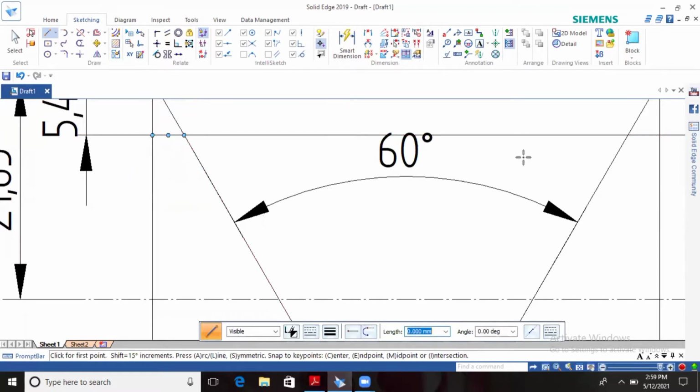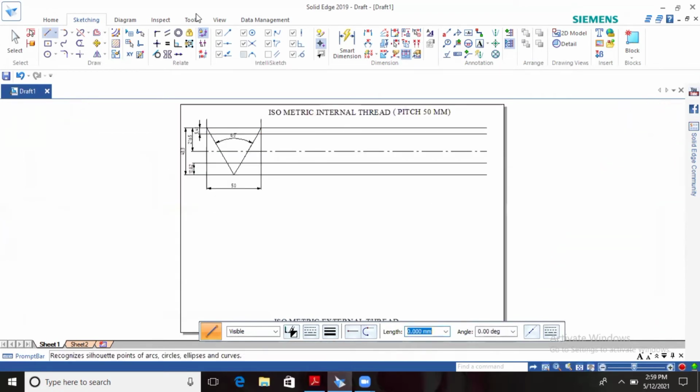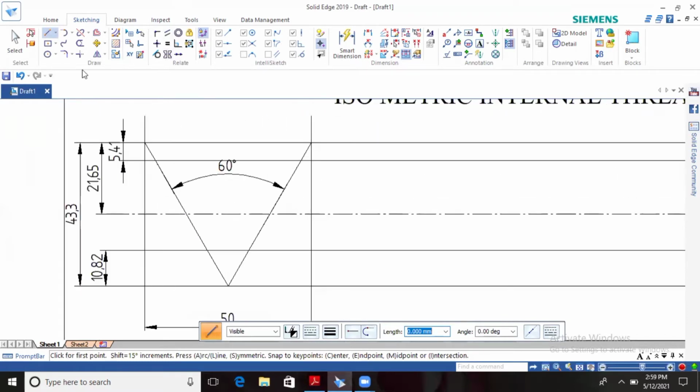Same on the right side, extend this one. Now change the thickness from crest to root. Select the lines; the thickness should be more than 0.13. I am taking thickness 0.5.